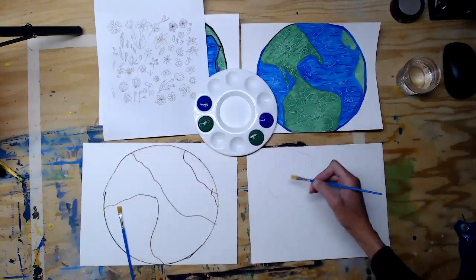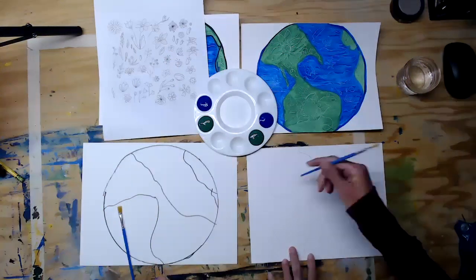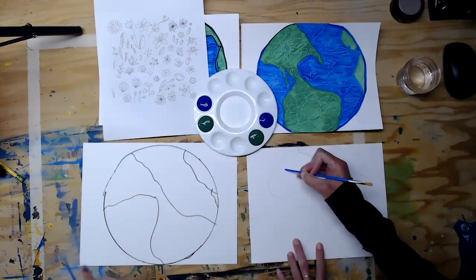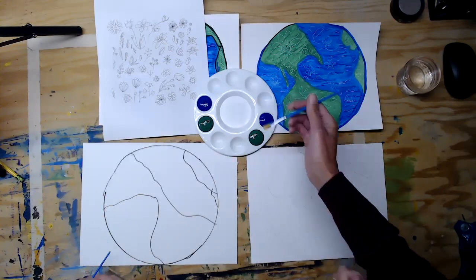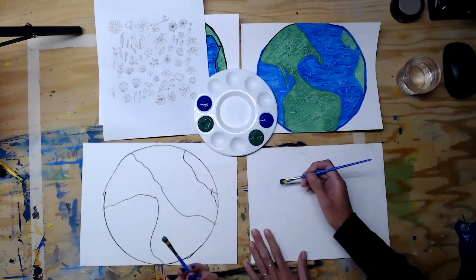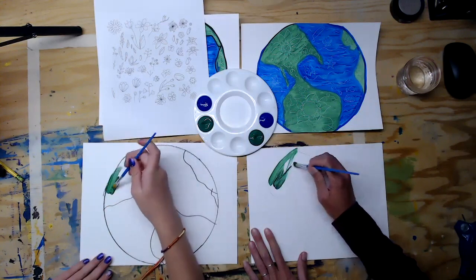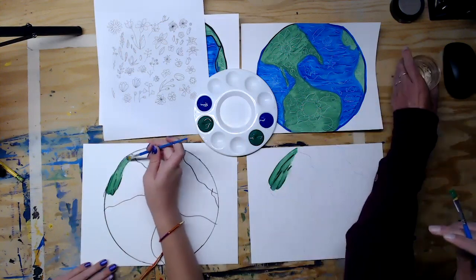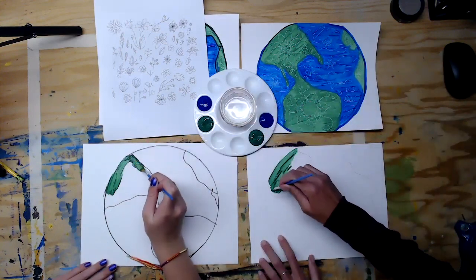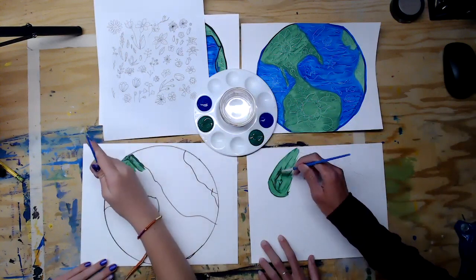So we're going to do just the land part first, and you have to go one land mass at a time because you need it to be sort of wet when you flip your paintbrush over and sketch in your vegetation, okay? So I'm going to take quite a bit of green paint. Normally I don't take this much. And I'm going to start, and I want to put down quite a bit. I'm going to put the water right here for you too. What I find, and if you go outside the lines, it's fine. This is more of a